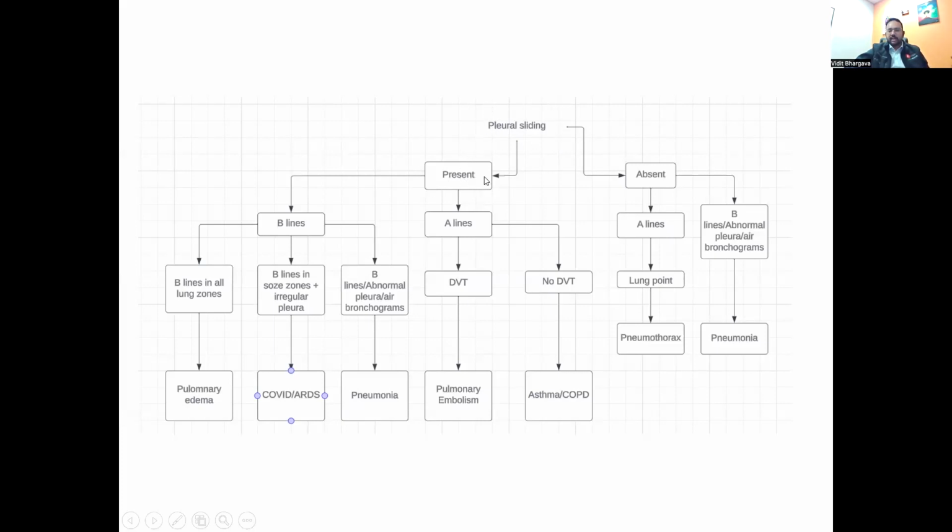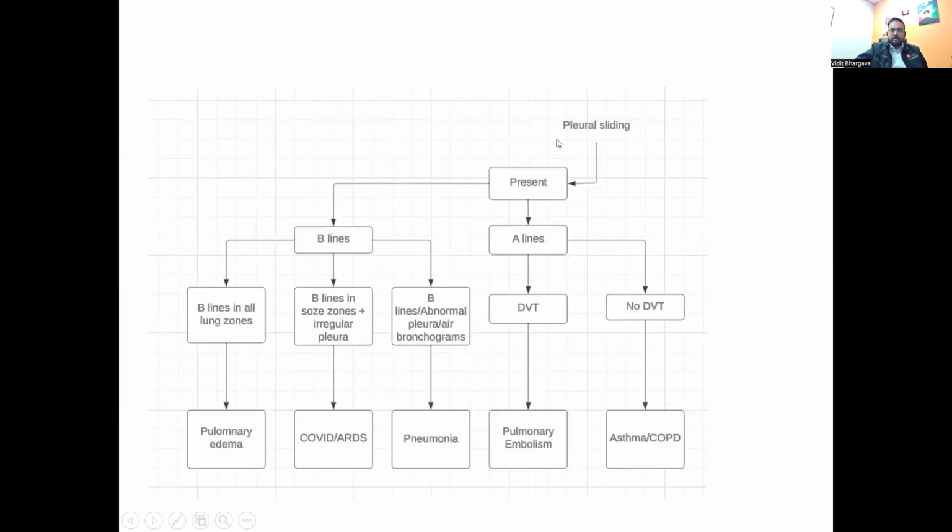Whether the pleural sliding is present or absent. In this case, the pleural sliding was present in all of the lung zones. So we can safely eliminate all of these findings right here, which would have included pneumothorax and, in certain rare cases, pneumonia. So then we go down the path of pleural sliding present, and then do you predominantly see